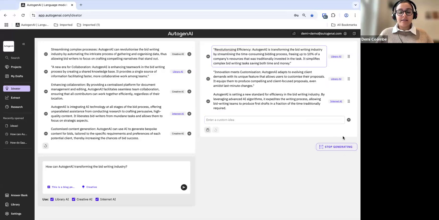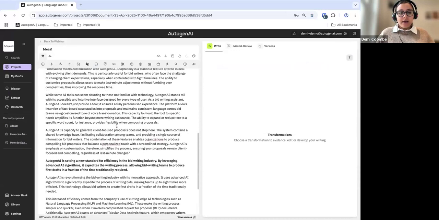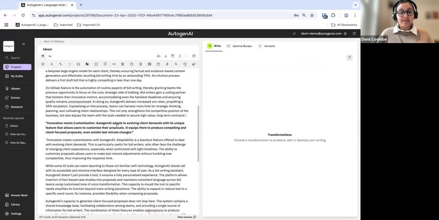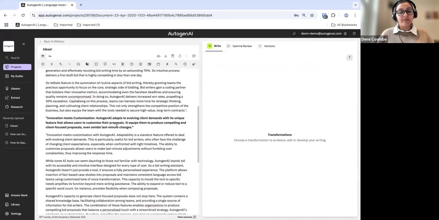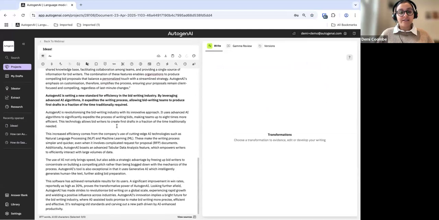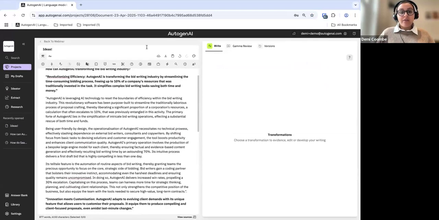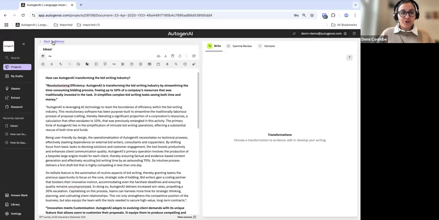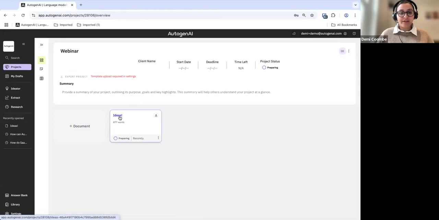So once these ideas have been generated, they will then move on to the ideas page, as you can see here. And now I've got a decent amount of text, a good starting point, and a structured response just based off of those 3 ideas that I selected. So I might be reading this, and now that I'm in my project, just to give you a little bit of context, I'm back in my webinar project, and I'm sitting here in this document